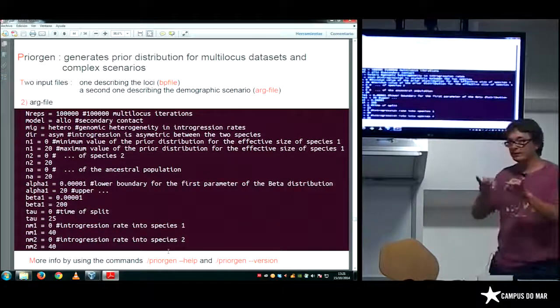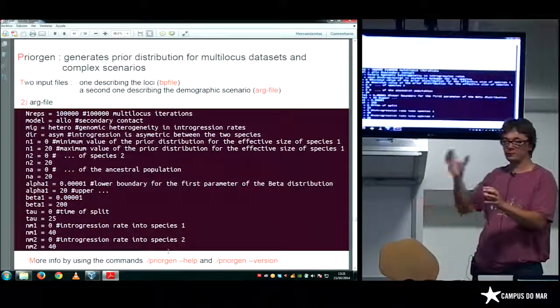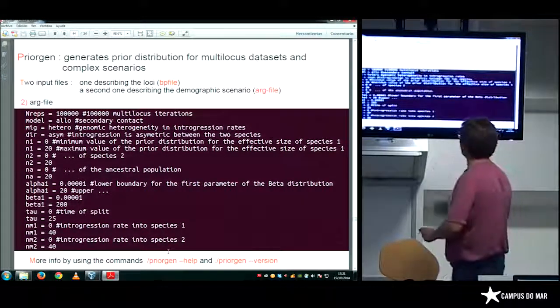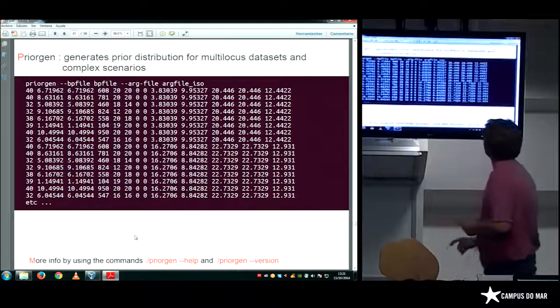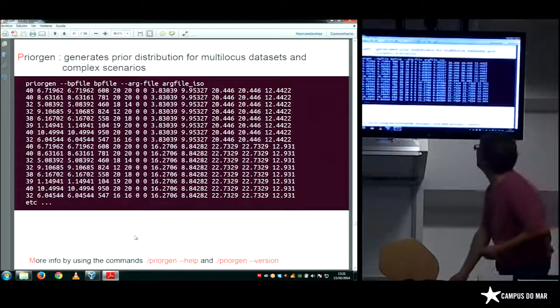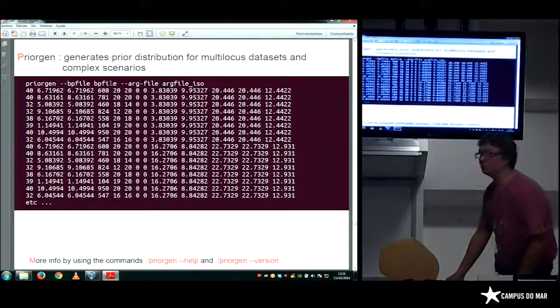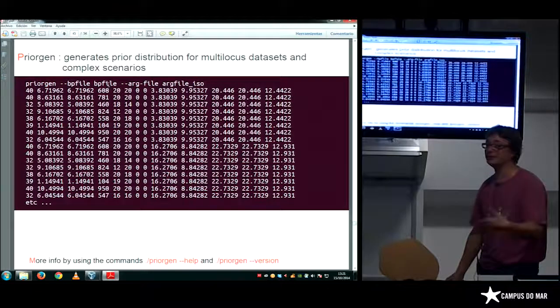And you can type the arguments directly in the command line, and then you don't have to call the arg file. Okay, so maybe you can try this. It's called PriorGen, using as BP file a file that I call BP file, which is already in your folder.